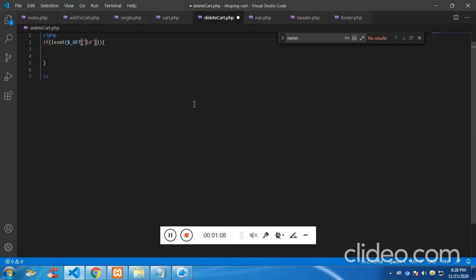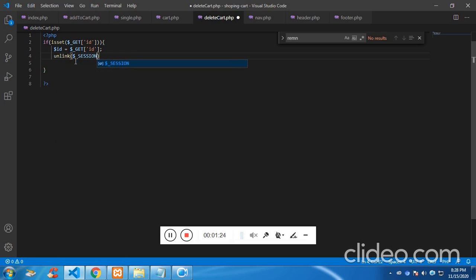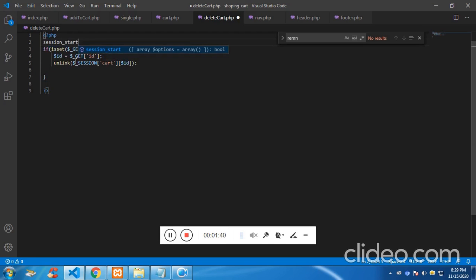Store this into a PHP variable $ID, and we have to unlink it. Unlink $_SESSION. The session name is cart, and what we want to remove? We want to remove the ID, $ID. So before using session, we need to start the session. Session_start,